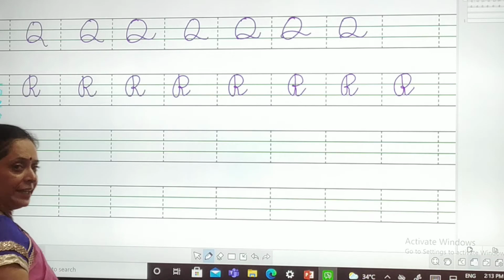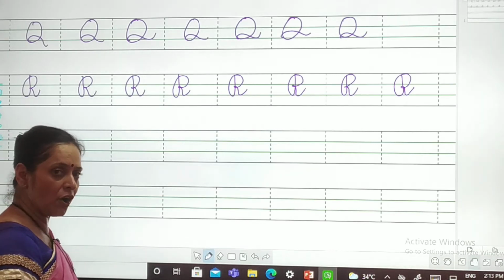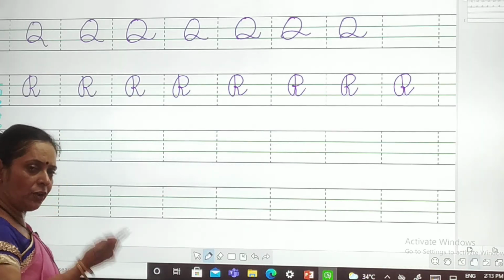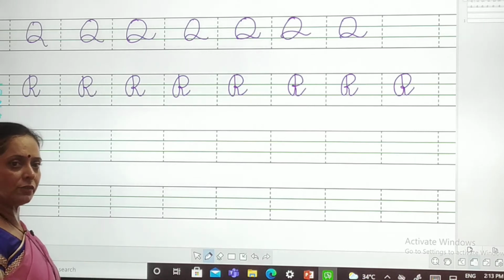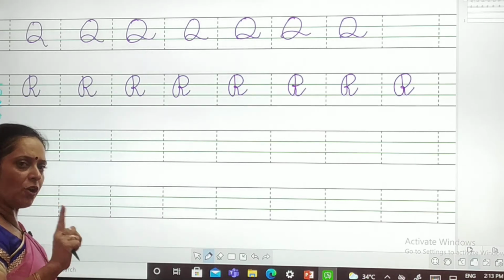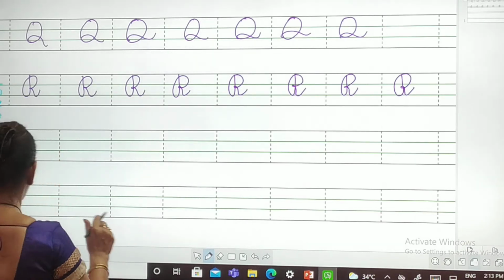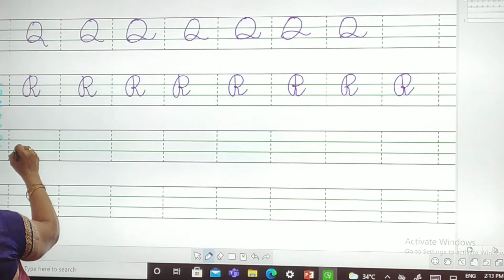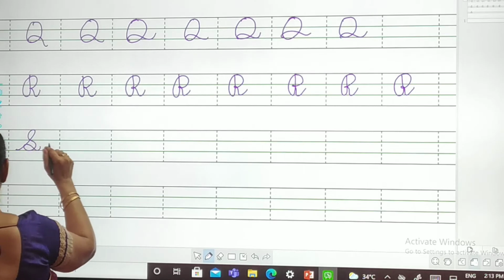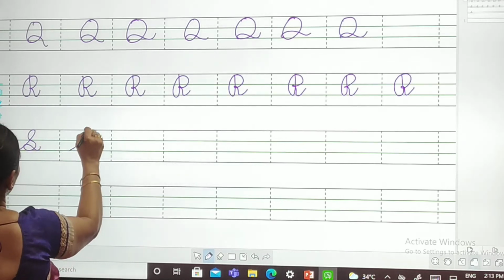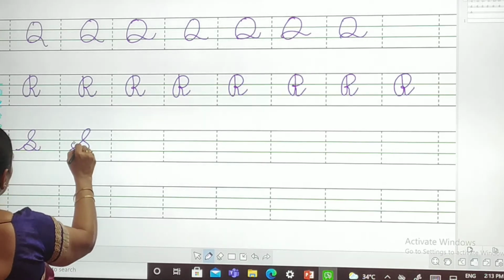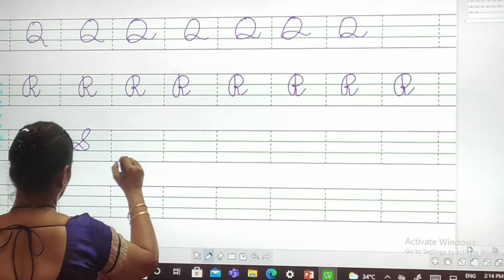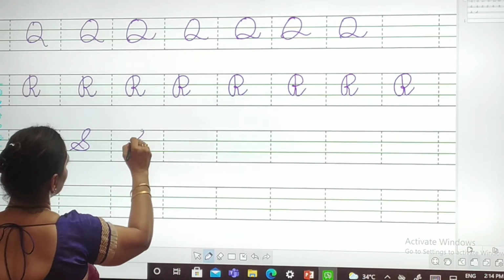Okay. And the next one is S for sun. Why only sun? Why not Soham? S for Soham also. Okay, Soham? Yes. Capital S. Got it? How will you write capital S? In this way? Correct? Okay.